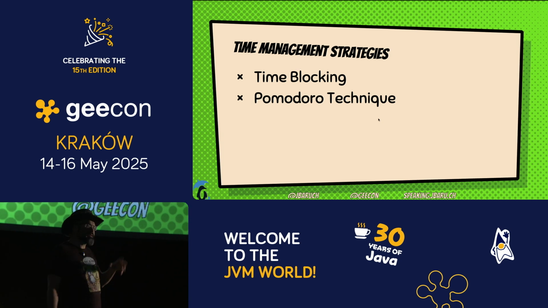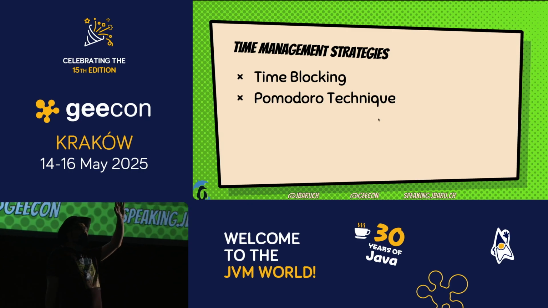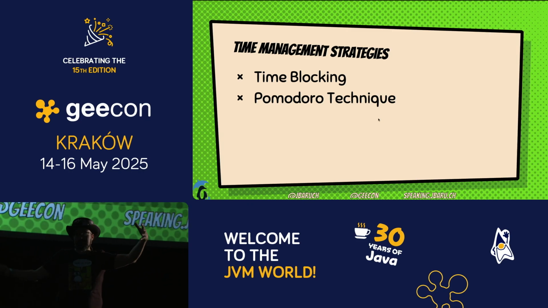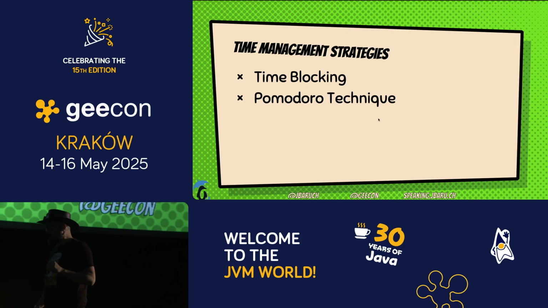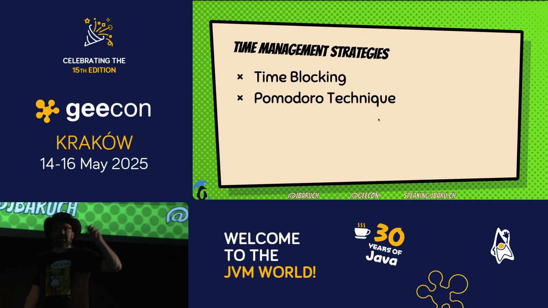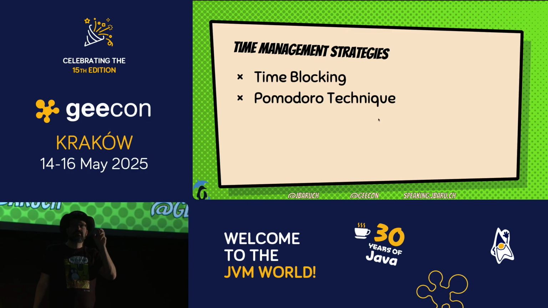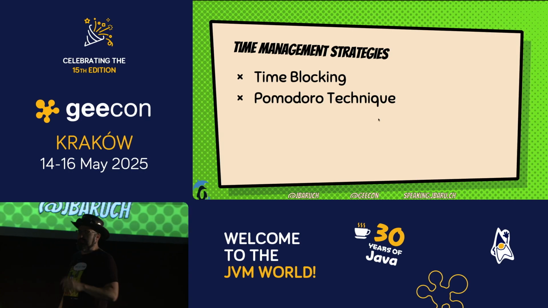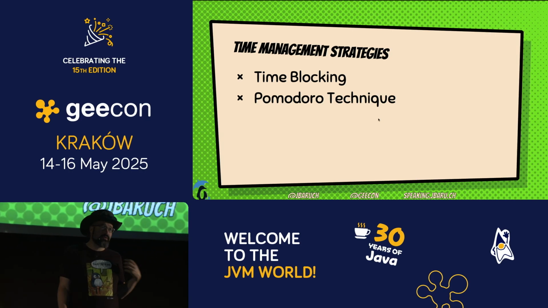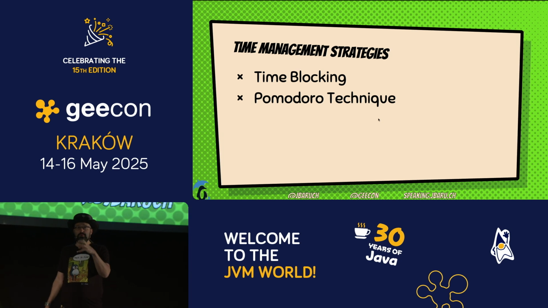One of the ideas can be the Pomodoro technique. Who knows about the Pomodoro technique? Yeah, most of you, obviously. I'll just repeat because I want to drive a point home. The Pomodoro technique is when you put a timer for a slot, like let's say 25 minutes, and then you have a 5 minute break, and then 25 minutes of concentrated work. And you promise yourself that during this timer, you won't get distracted, and you will do what you're supposed to do in those 25 minutes.